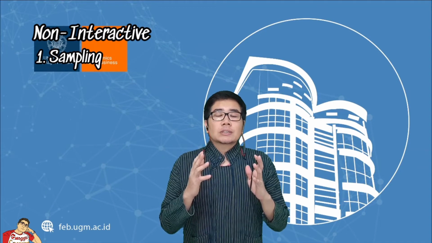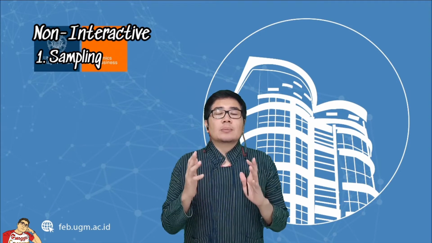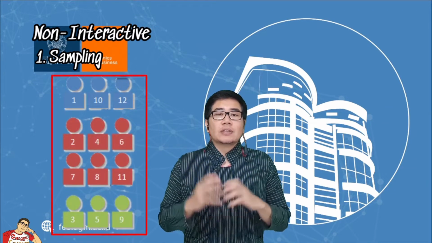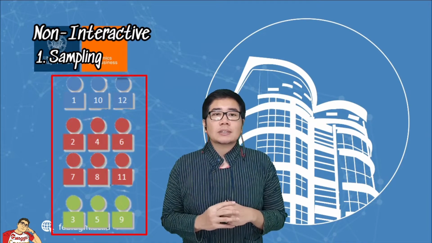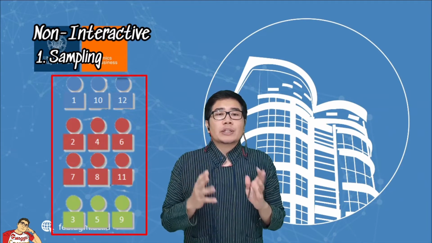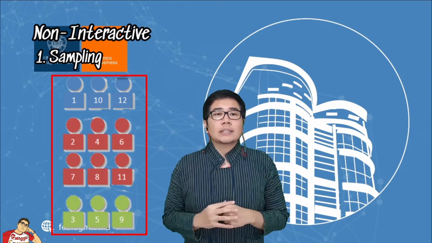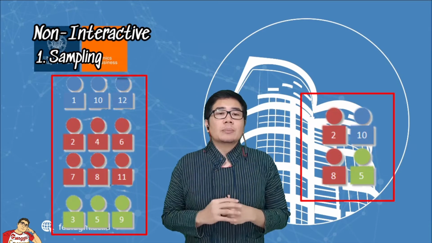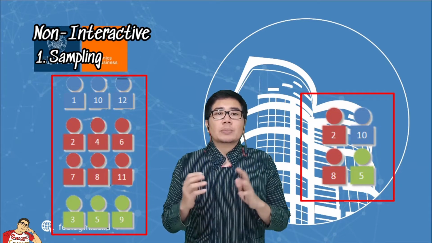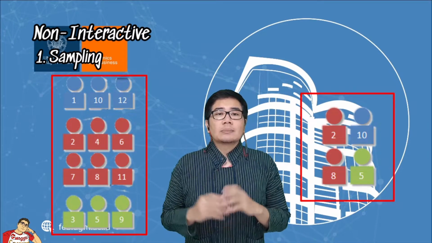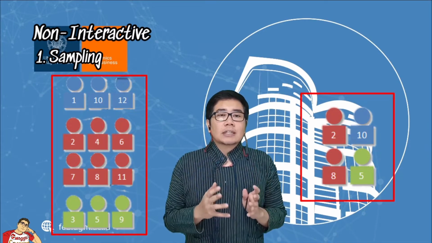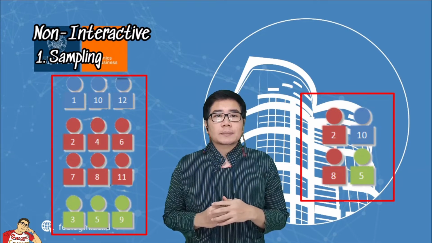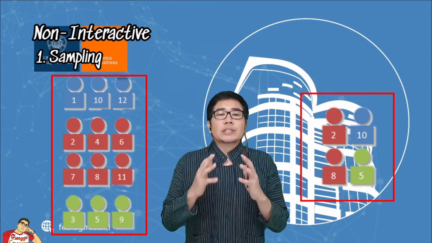Commonly, respondents are usually in a group of population. And in order to increase efficiency and effectiveness of data and information collection, analysts do not take all respondents in a population as respondents. Instead, analysts will conduct sampling to the population. The simplest sampling method is the random sampling method, in which we randomly take a sample from the existing population. For example,